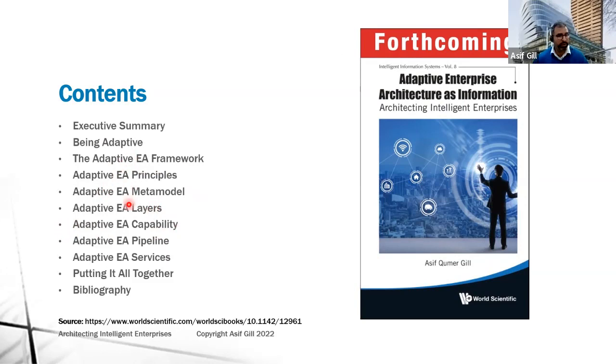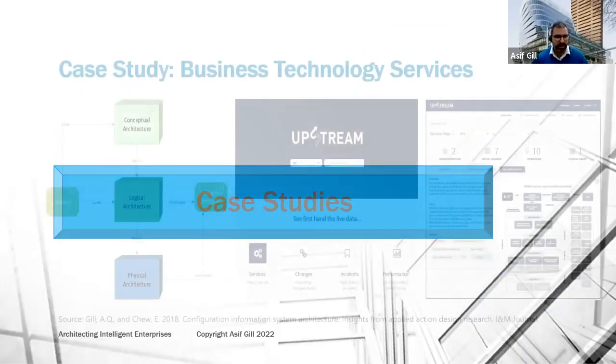Then you have to do the thing. You need a practice, architecture practice. You need a capability or team or operating model of architecture, centralized, federated, whatever works for you. And they deliver the architecture artifacts or pipeline. And this pipeline also needs to be integrated with the strategy pipeline at the upstream and the downstream with the development stream or project delivery stream or operation stream. And these are the different architecture services offered by the architecture team. And then this is putting it together. So this is pretty much what I explain in this presentation, as some snippets from this putting it all together item. There are some other case studies as well. You can look at that.